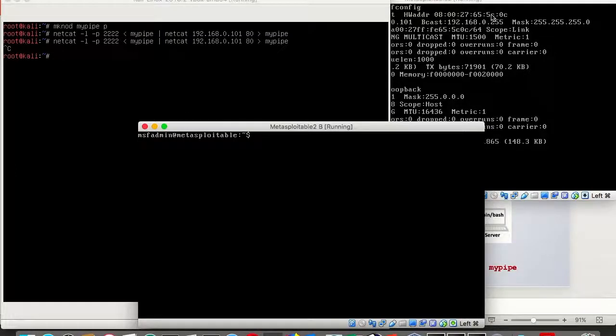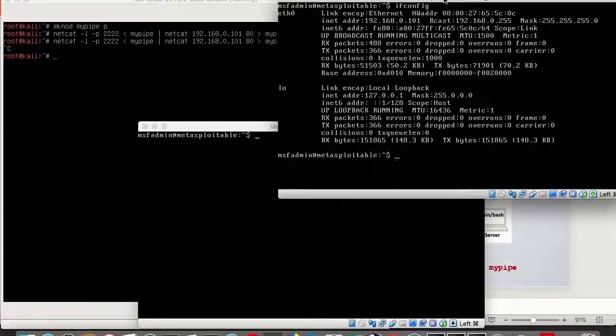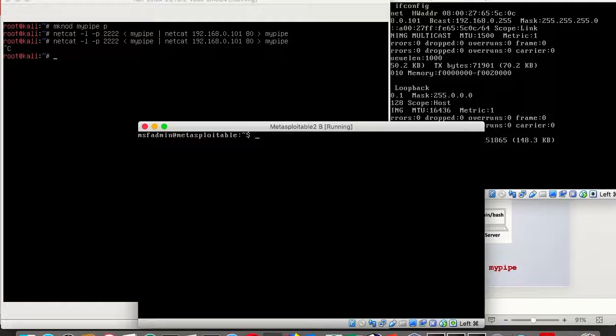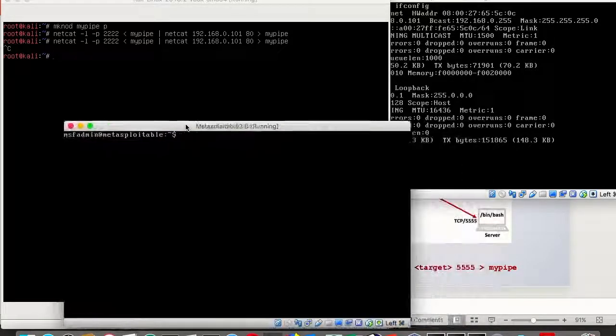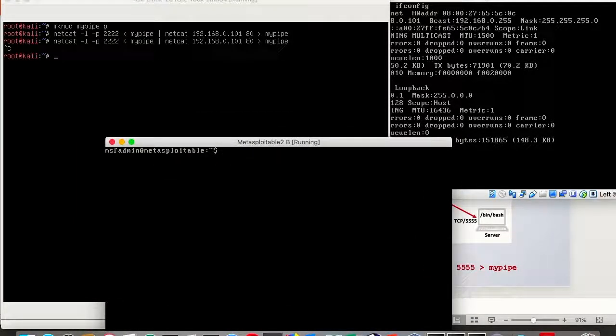We have here 3 machines now. The first one is going to be our target, and that is Metasploitable. And the second one is going to be the Kali Linux, and that is going to be the relay system. And then we have here another Metasploitable instance, and that's going to be our penetration testing platform. Now, we are interested in having a shell access on the first Metasploitable. However, this shell access is going to be relayed through the Kali Linux.